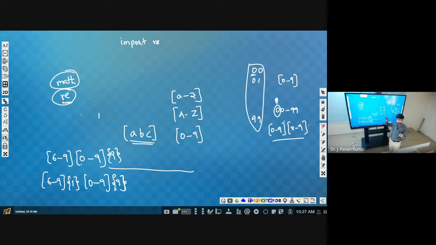Now, how can we use this regular expression? Suppose we have some string that contains some text. Now we have to check whether one particular pattern derives the string or not, such kind of searching we have to do.